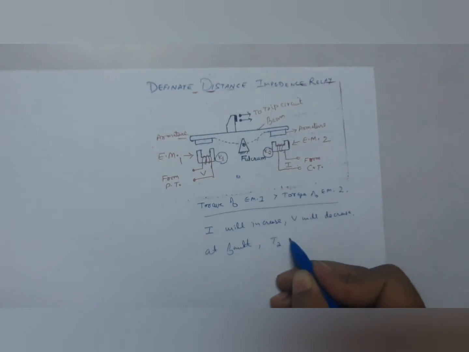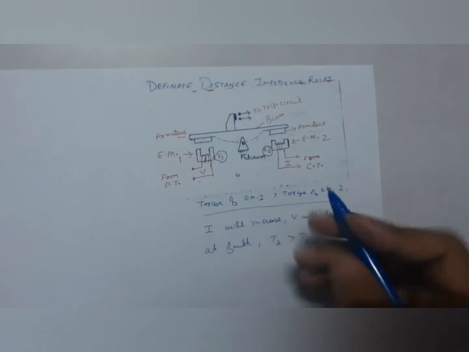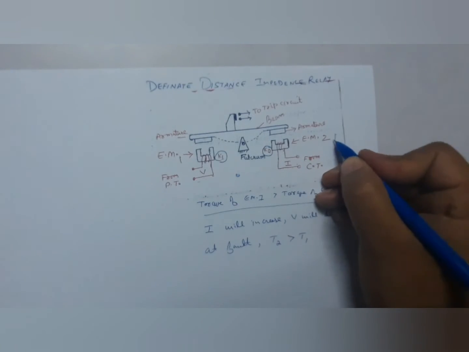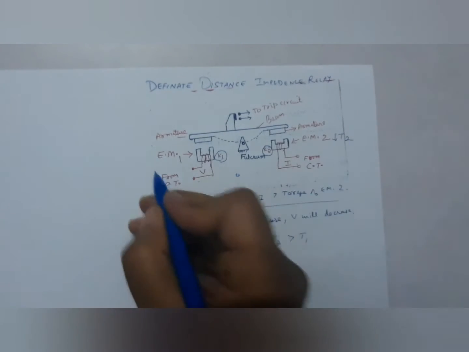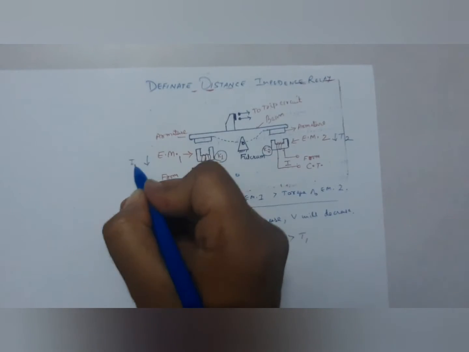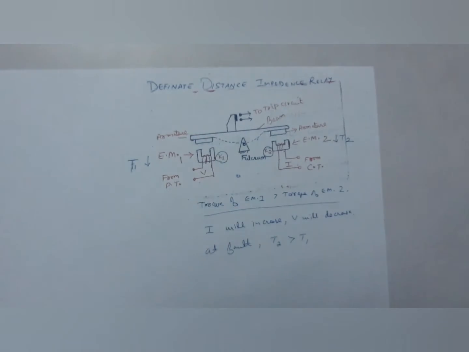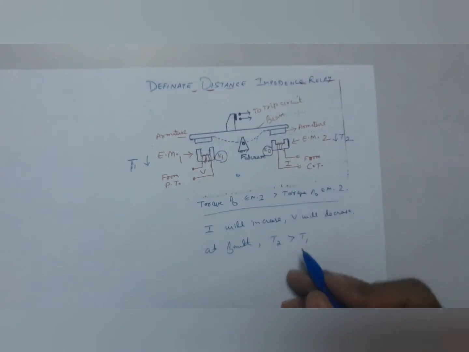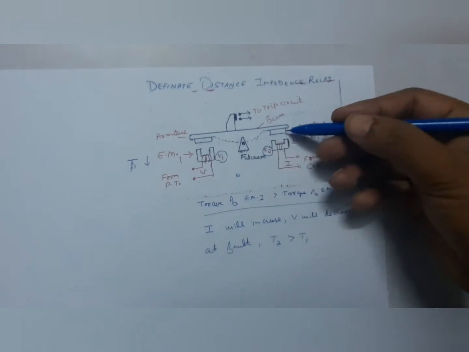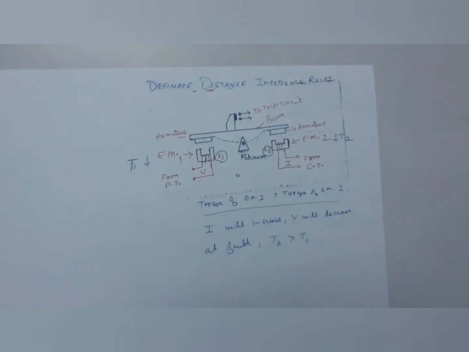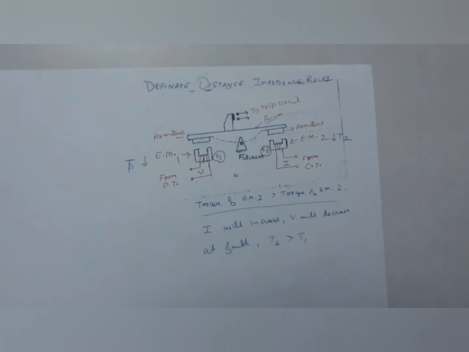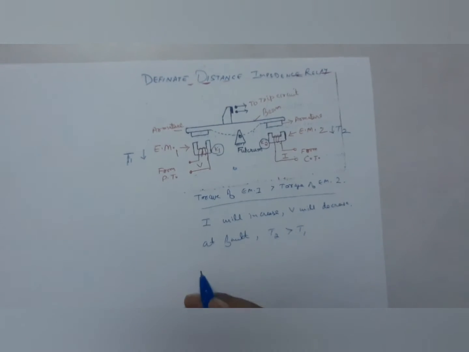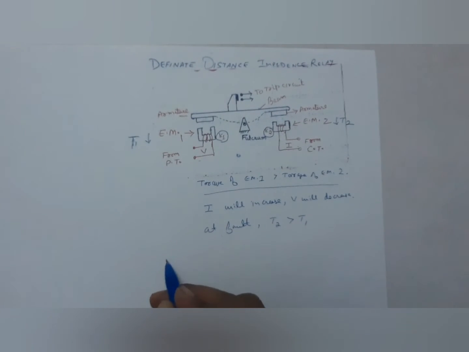At fault, torque 2 will increase beyond torque 1. This is having a downward torque of T2, and this is having a downward torque of say T1. So torque 2 will increase, and the electromagnet will pull this armature down, and it will close the circuit for the tripping mechanism. If we want to put it numerically, we can say V upon I is equal to